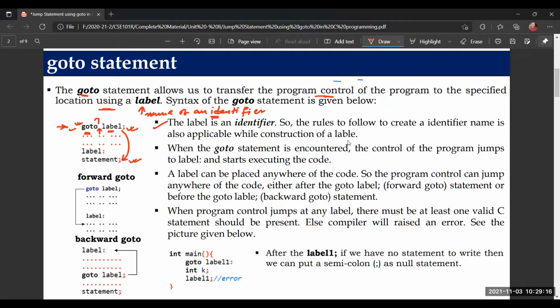So what is a label? It is an identifier, so we need to follow the rules of creating an identifier name. When the goto statement is encountered, the control of the program jumps to the particular label.